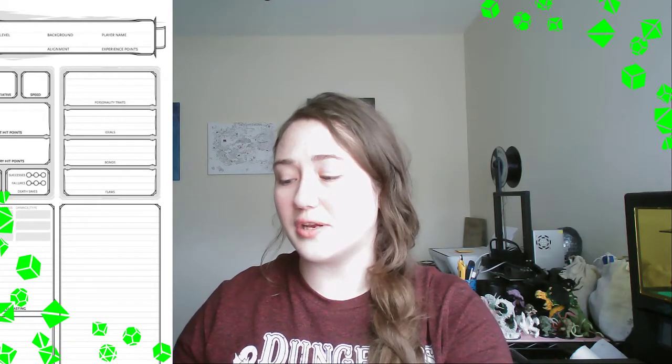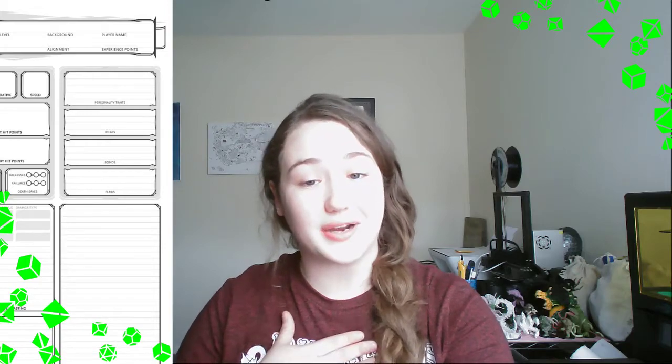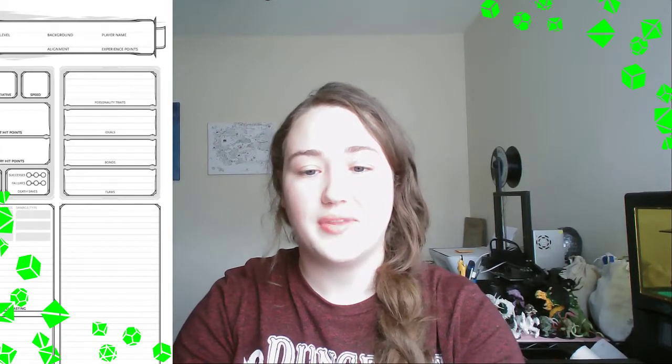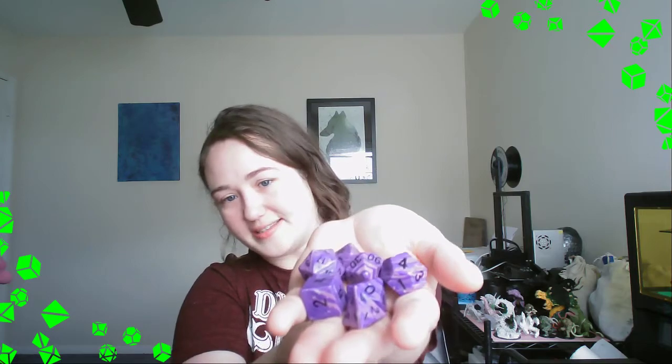The next thing I'm going to go over, I'm so sorry, is the dice. And the dice make up everything in D&D, of course. You'll see that quite a bit. So you're going to have what they call a 7 set of dice. These are your core dice. These make up everything in D&D.